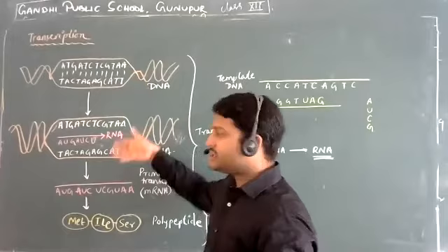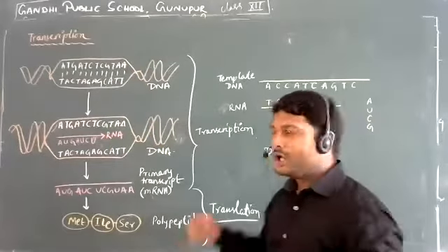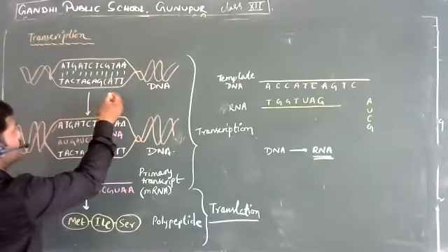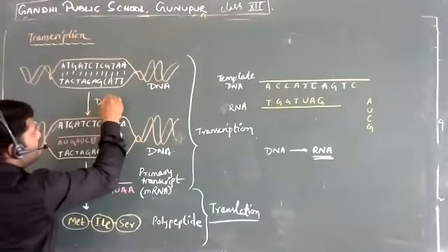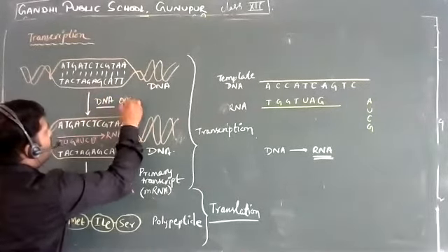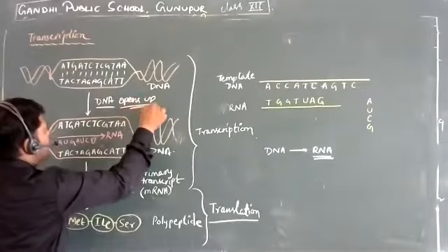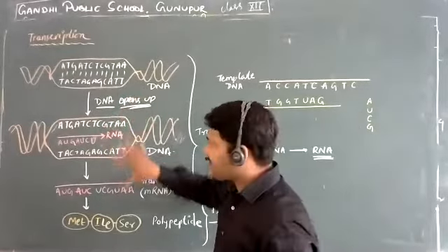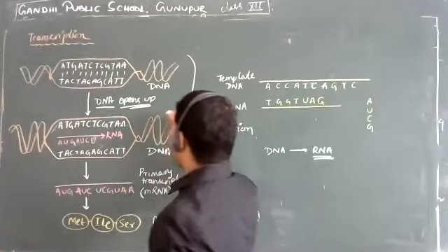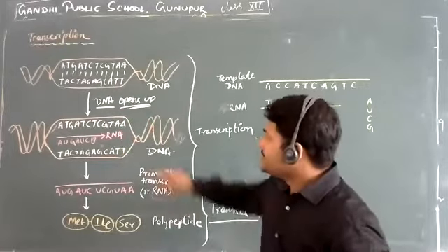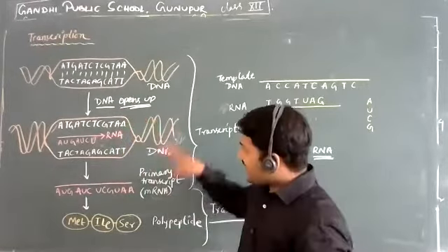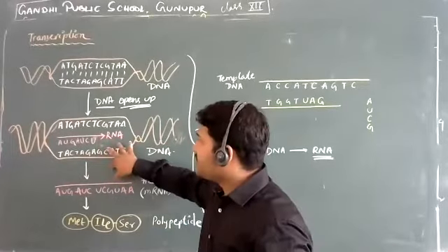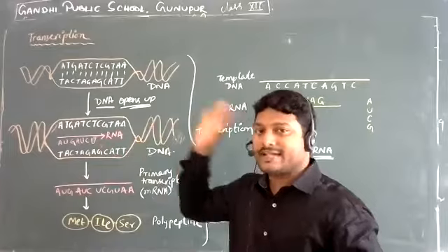Now when the process of transcription begins, you have to understand that the DNA opens up. Only when the DNA is opened up like this, we call this a transcription bubble, right? We'll be talking about that anyway. So this is called a transcription bubble, and that allows the RNA to be formed based on the sequence of one of the strands of DNA.